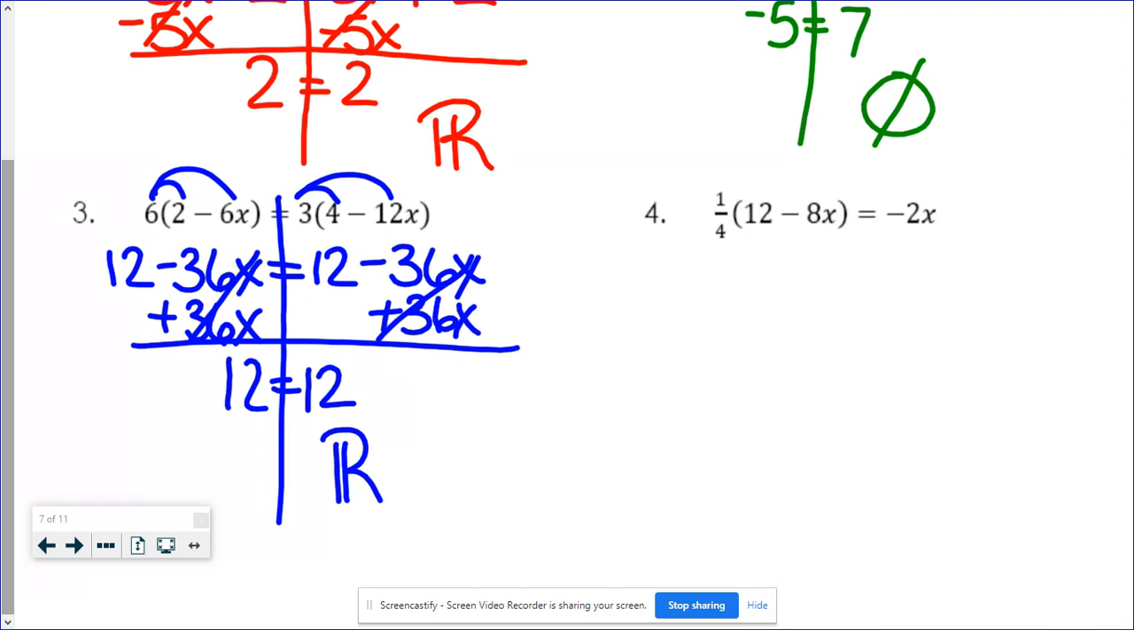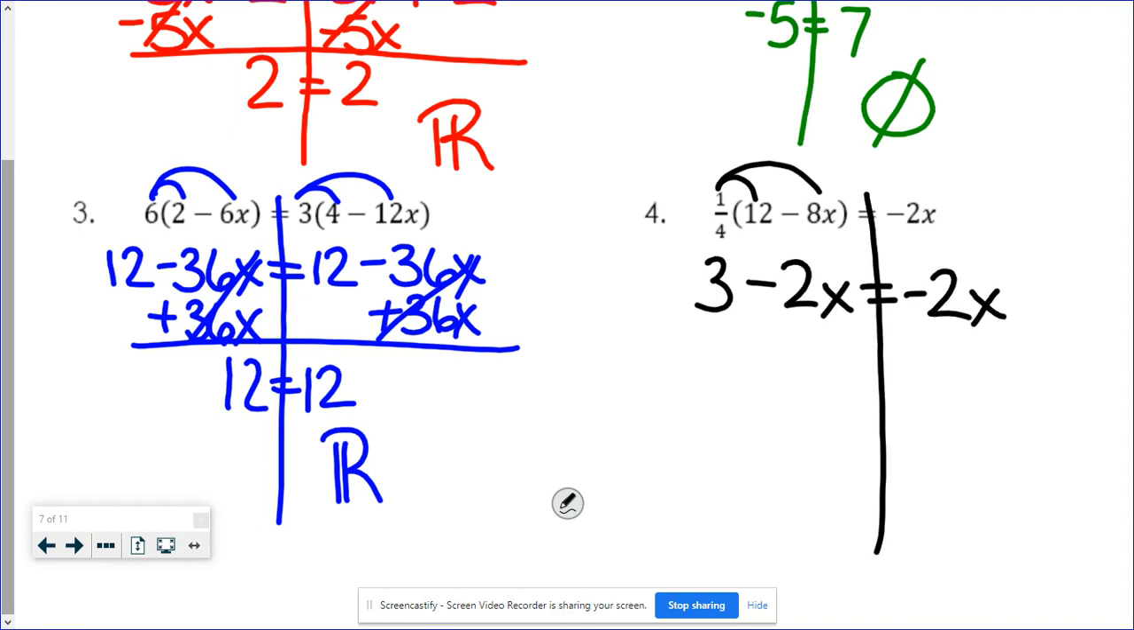Distributing a 1/4. I'm going to have 1/4 of 12. That's like 12 divided by 4. That's 3. I'll just keep that as a minus for a second. 1/4 of 8x is 2x. Okay, the x's do match. Remember that this really is a -2x. -2x on both sides. So when I add 2x,